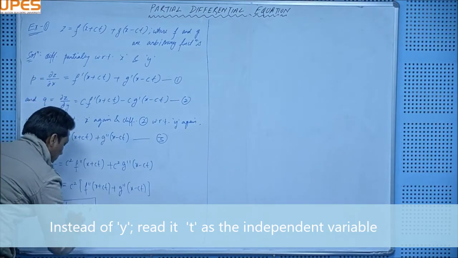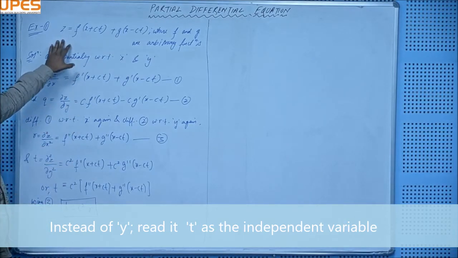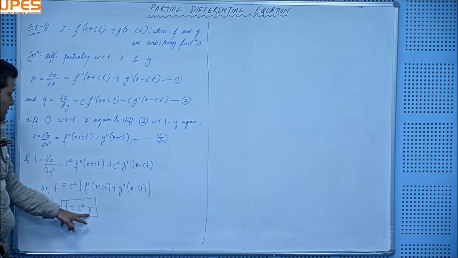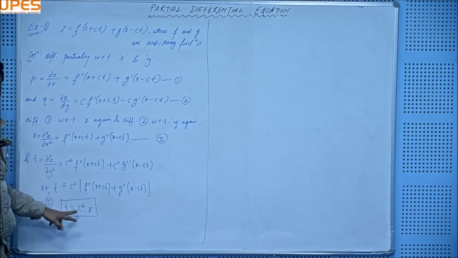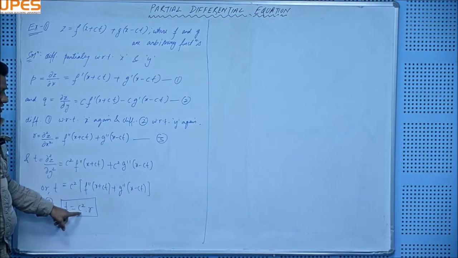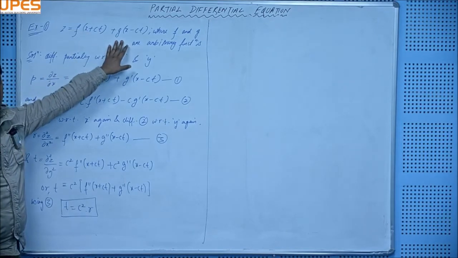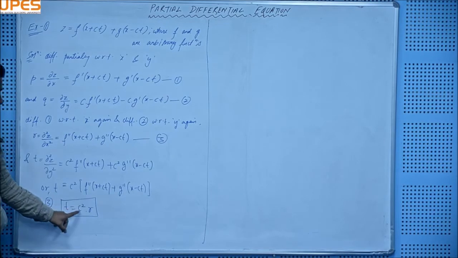So this is my final partial differential equation corresponding to this surface, and see that r, the second order derivative with respect to x, and t, the second order derivative with respect to y, are appearing here. That's why it is called a second order PDE. And notice that c is present here because c is not arbitrary. Only f and g were arbitrary functions, and they are eliminated in the process. So the final equation will be containing c, as I said earlier.